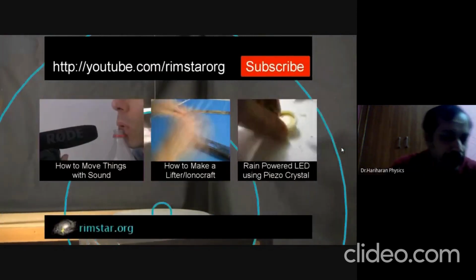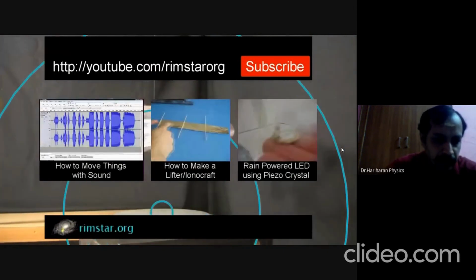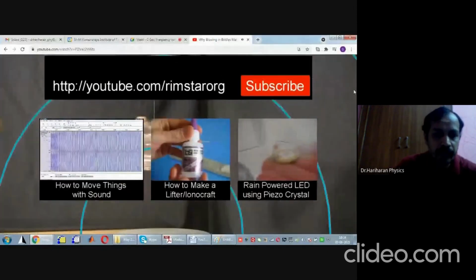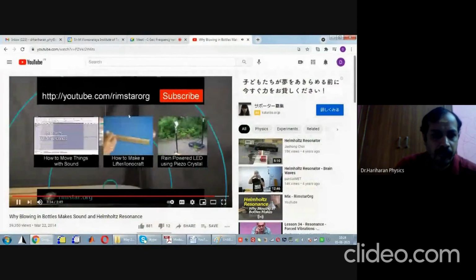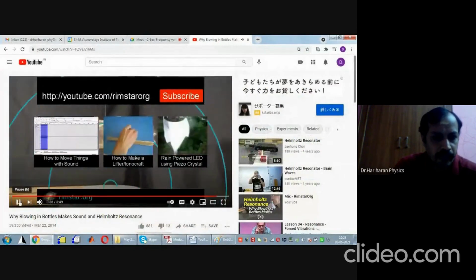Okay, you can see there, showing how to move the bottles using sound. Another on how to make a lifter or ionocraft that flies using ion propulsion. And one on